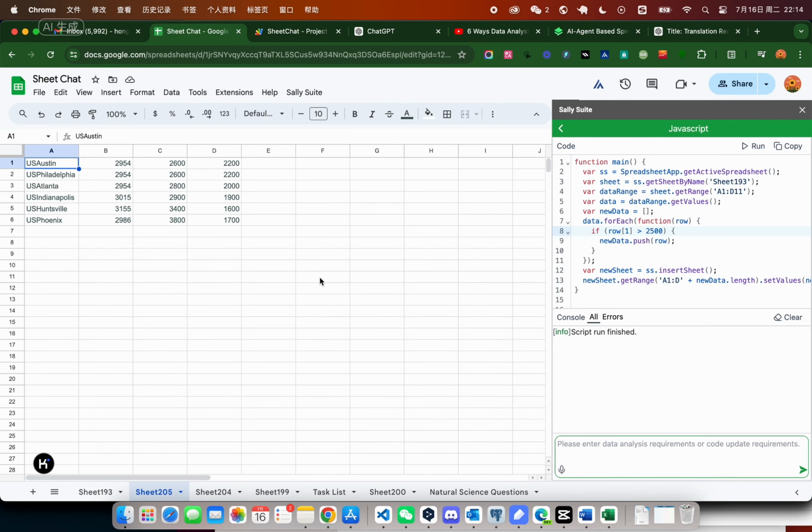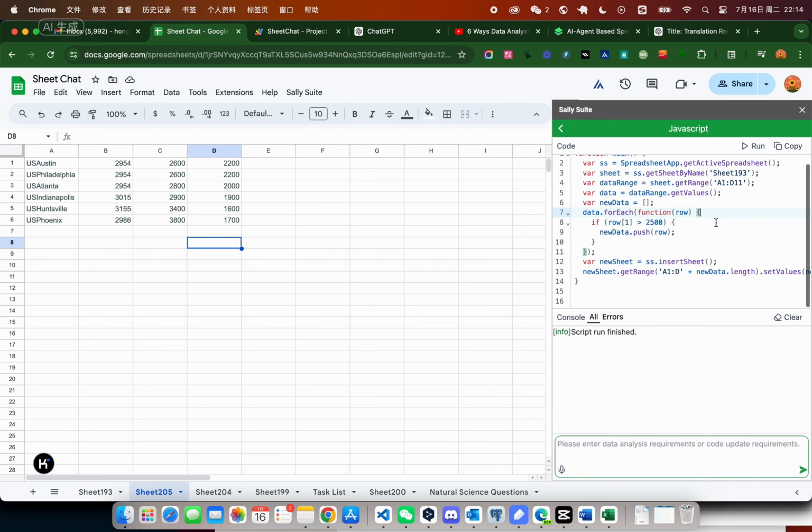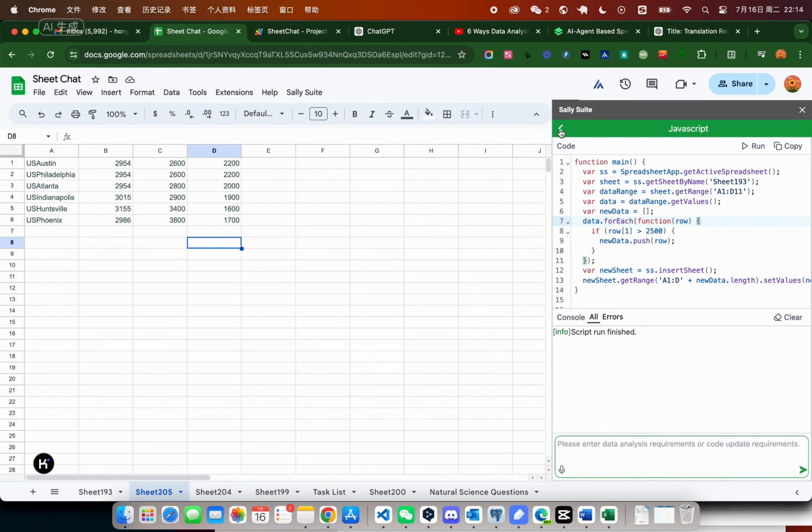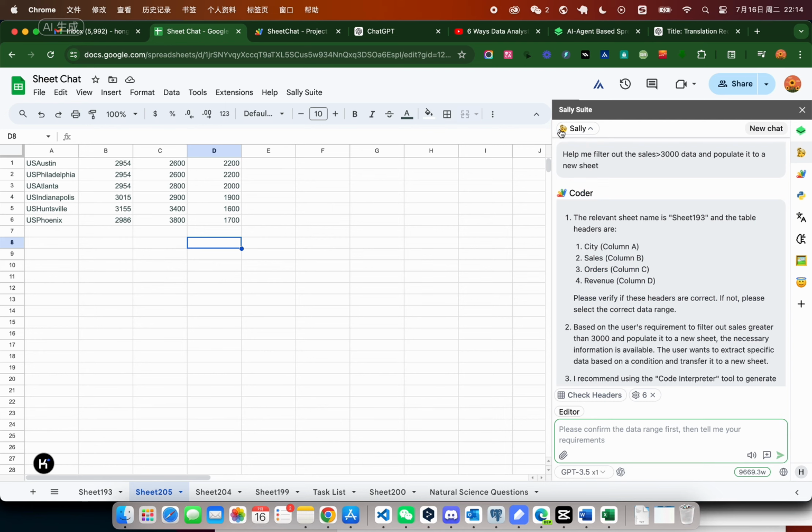Okay, this is Coder Agent. You can input any data editing needs here. If you know how to write Google Apps script code, that will greatly enhance your efficiency in editing